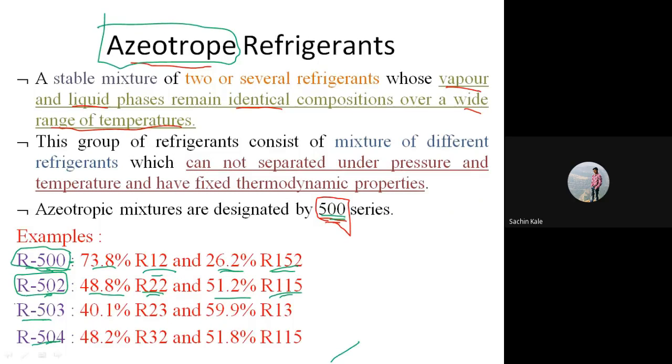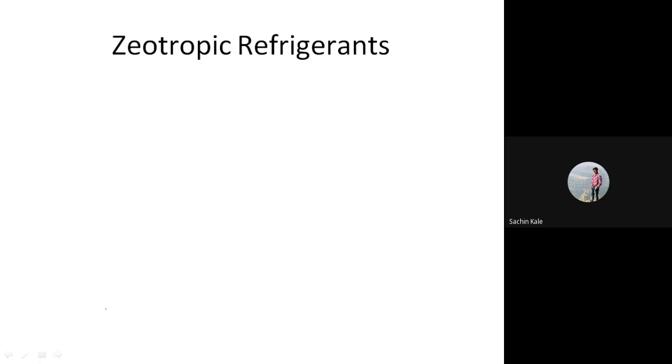Then R503 is 40.1% R23 and 59.9% R13, and R504 indicates 48.2% of R32 and 51.8% of R115. So this is the azeotropic refrigerant. Next, the azeotropic refrigerant will have two types. The first one will be called as a,